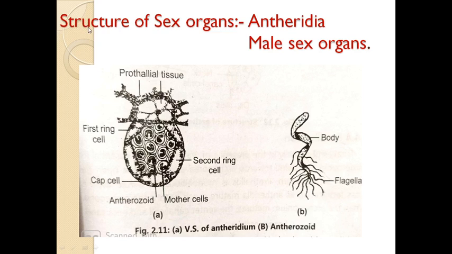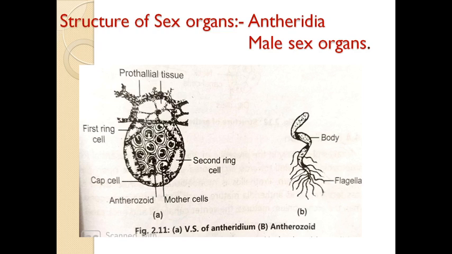Students, next I am focusing on the structure of the sex organ antheridia. Firstly, what is antheridia? Antheridia are nothing but the male sex organs of the Nephrolepis plant. The antheridia are developed ventrally towards the narrow posterior end between the rhizoids. Each antheridium is sessile and has a globose structure. Sessile means they do not have a stalk, and they are embedded within the gametophytic tissue.